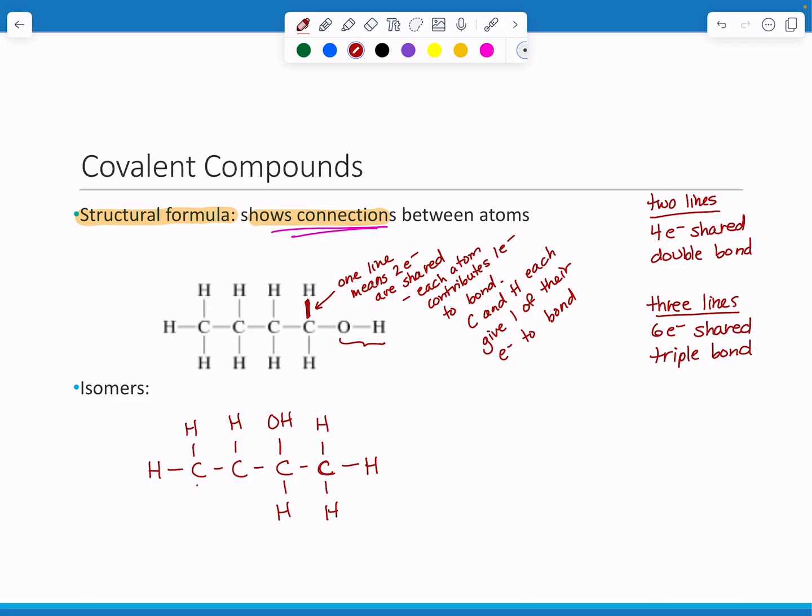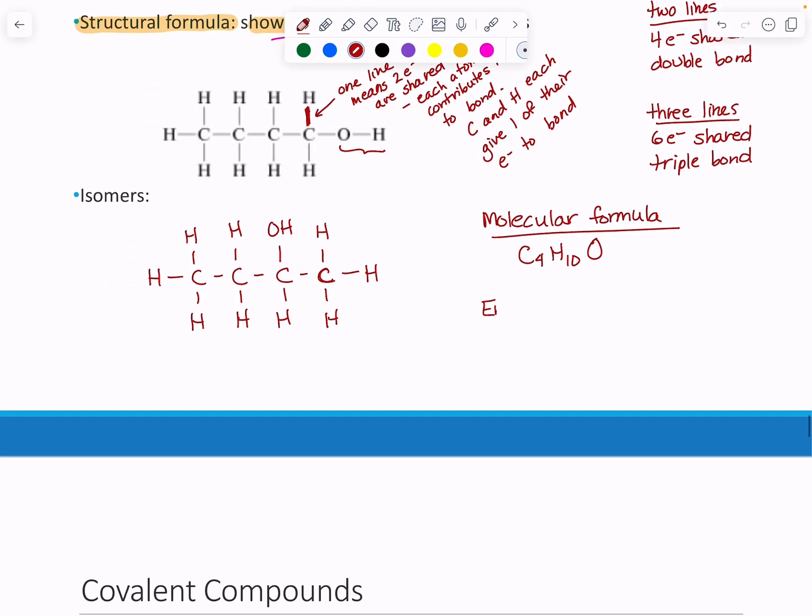So I have the same chemical formula in terms of molecular and empirical formula, right? So let's write our molecular formula for this. Okay, so this would be C4H10O. Okay. Our empirical formula,